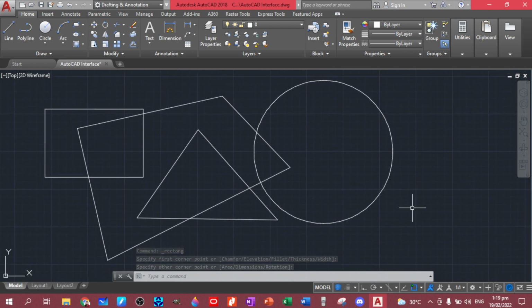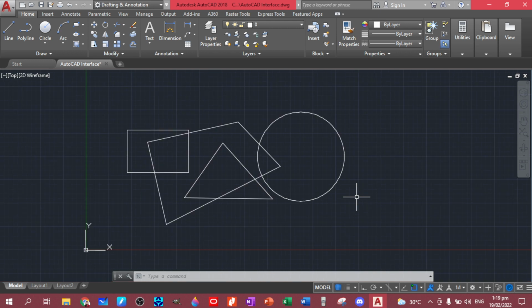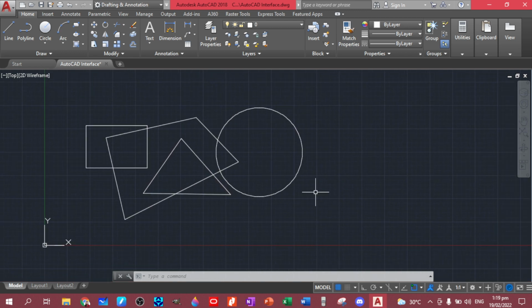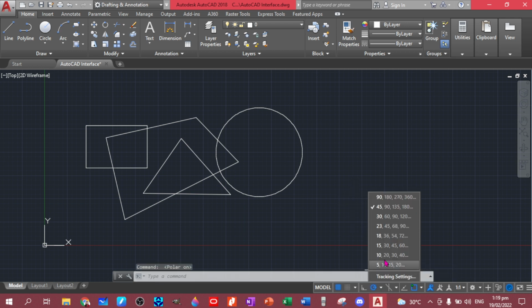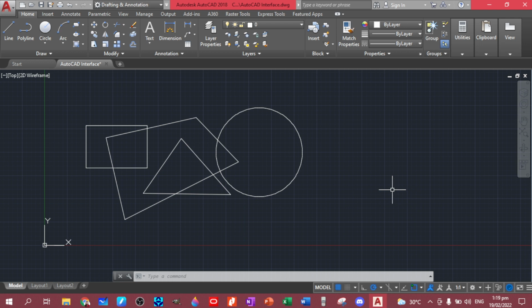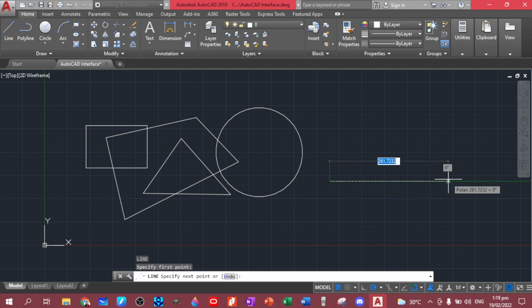If you want to draw certain lines, slanting lines with specific angles, you can use this one. We have the polar tracking. So the polar tracking, there are given angles. There are in terms of 90 degrees, in terms of 45 degrees interval, or 30 degrees interval. So let's try the 30. So let's activate line again. So we have this green thing. You can see that